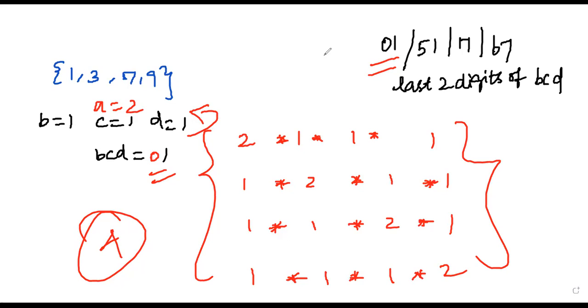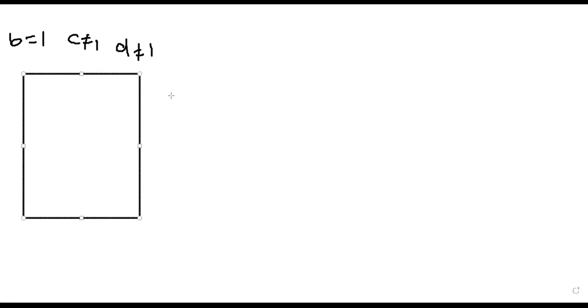So let's see for some different values, because they're asking about all the possible values of P. So try substituting, only the quadruples, not the possible values. So try substituting B as 1 and C not equal to 1, D not equal to 1, which means you are going to substitute 3, 7, 9 from that. Okay. Let's make a table and see. I'm substituting B as 1, C is not equal to 1, D is not equal to 1. So if I draw a table